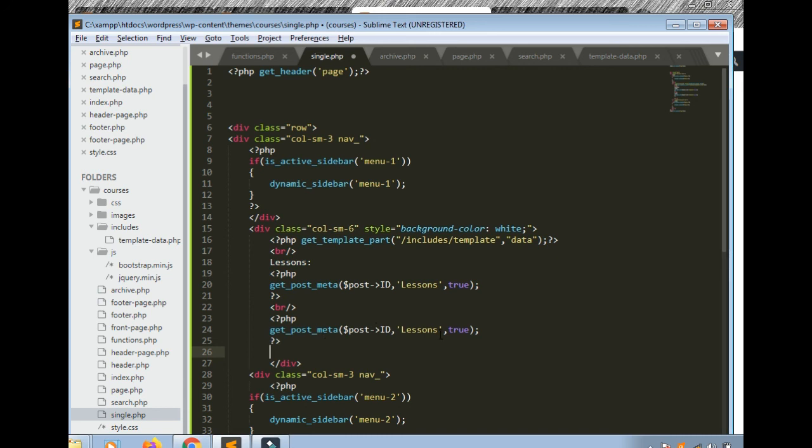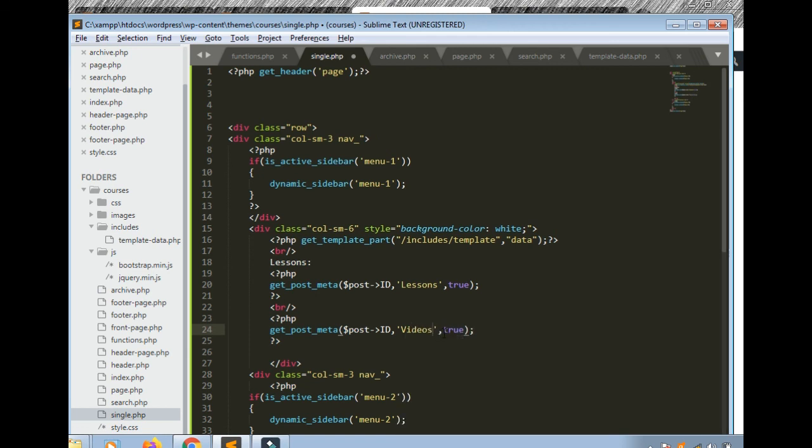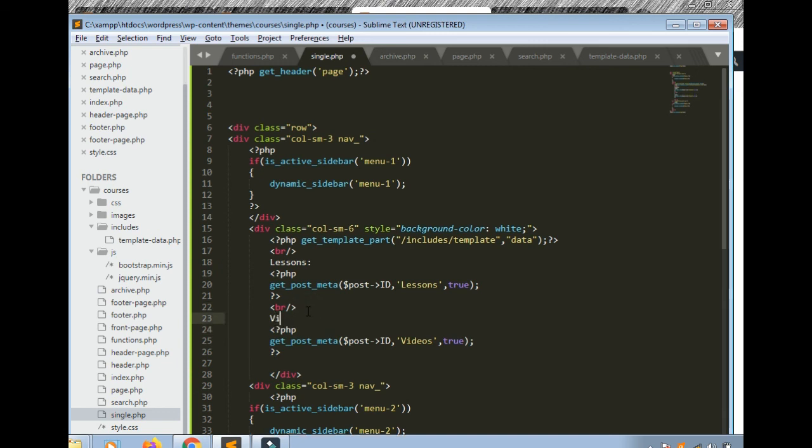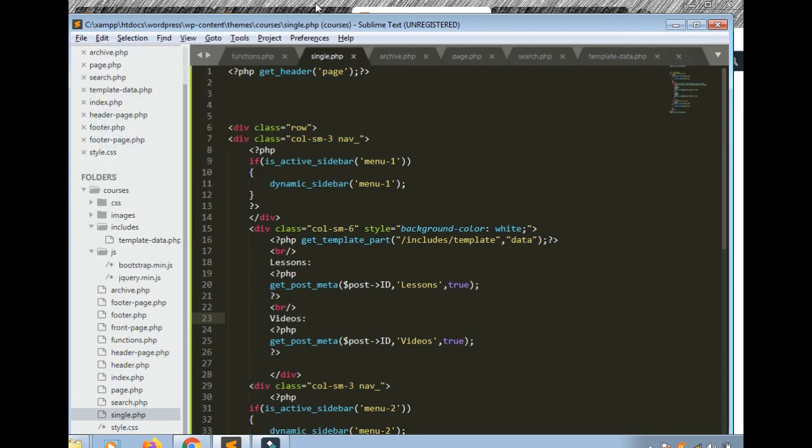And second is videos, it is case sensitive, okay, videos, and it is also true, and we should write videos and colon, okay. So file, save, and we should go here,